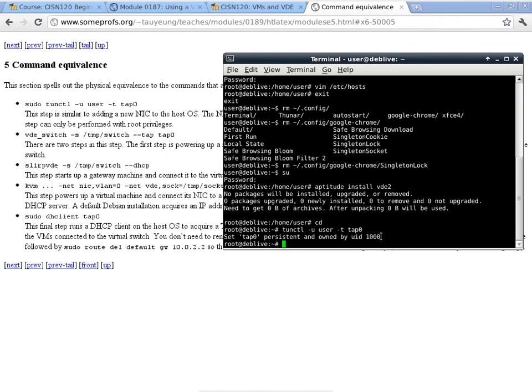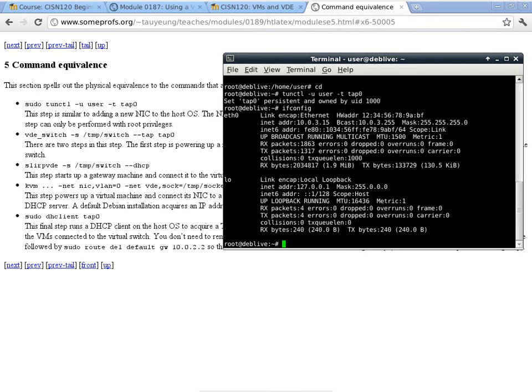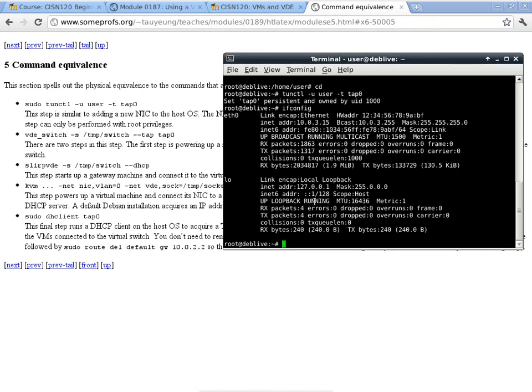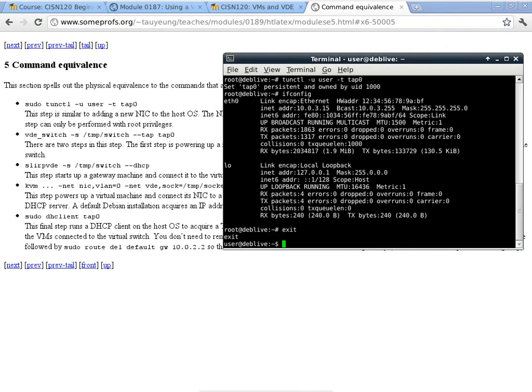And that should be the feedback coming from tunnel control. You can do an ifconfig, and it doesn't come up automatically because we have just created the interface, but we really haven't done anything to it. The second command, which is vde_switch -s blah blah blah, you can run as a regular user, so you can get out of root mode and get back into a regular user mode, and you can run this command